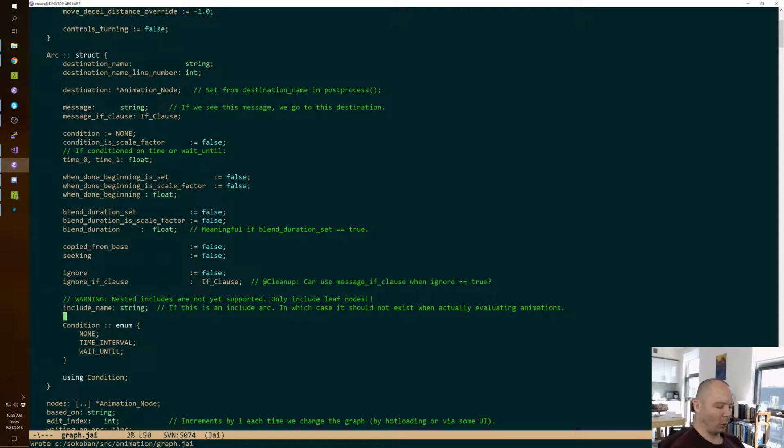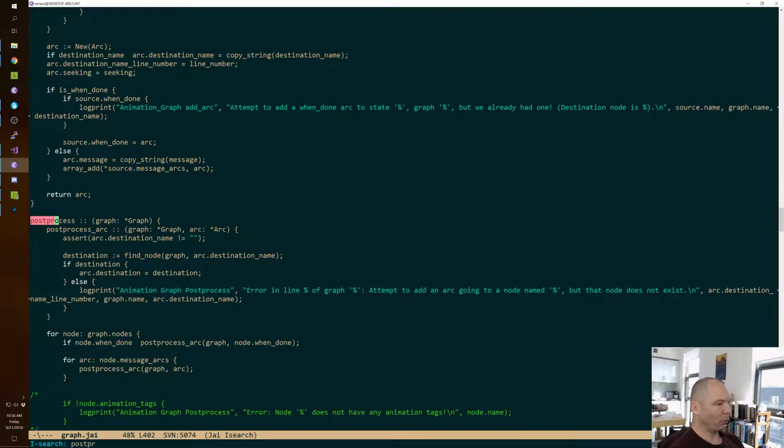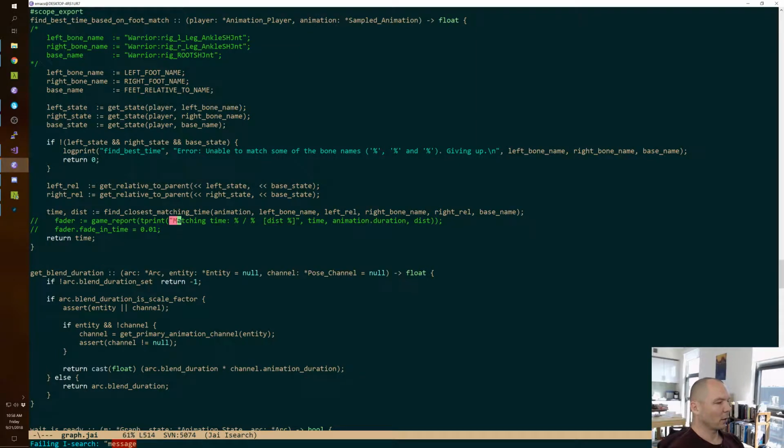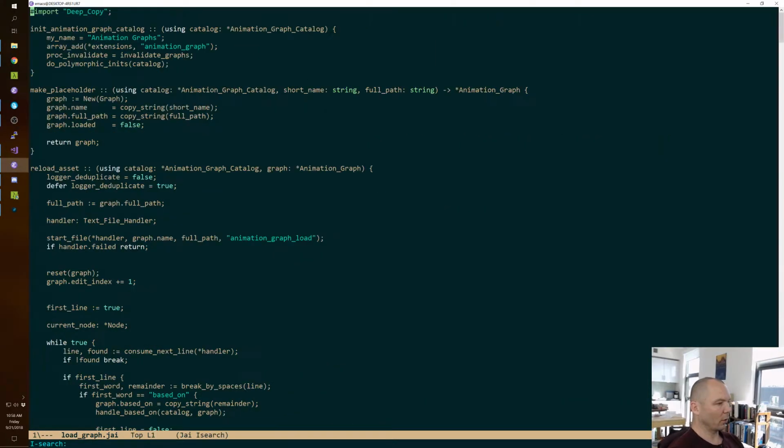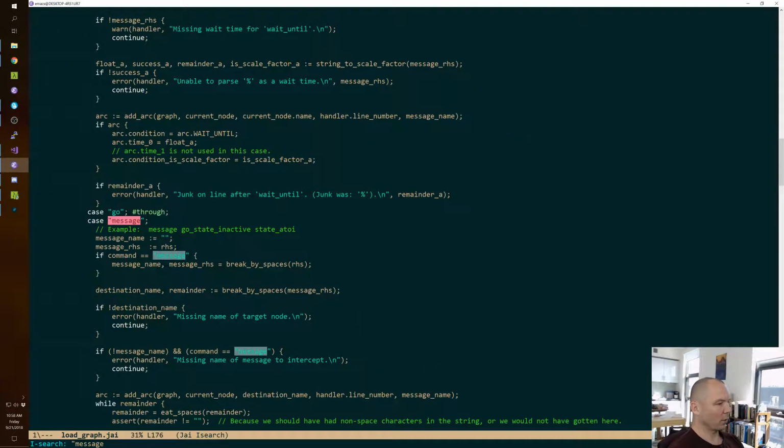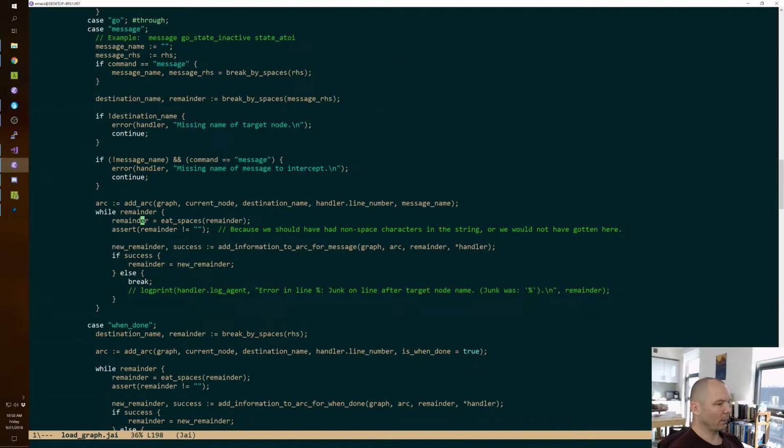It'll be a small amount of extra work to do it, but we're just going to make the basic thing work right now. Okay, so post process. Oh no, let's parse the thing. Oh, that's in load. Message. Okay, if we get an include,